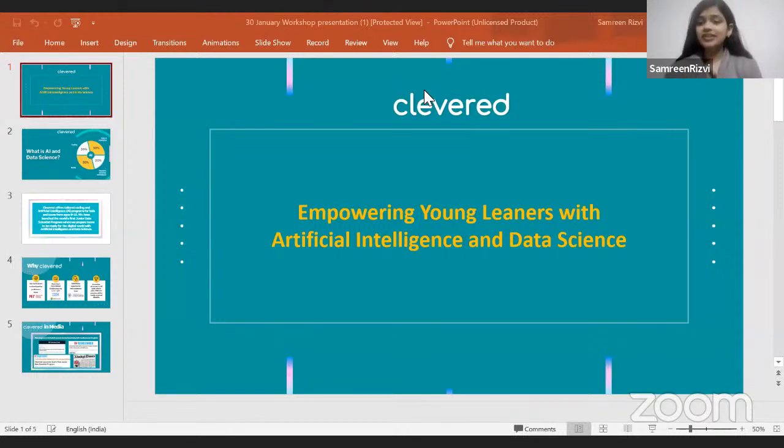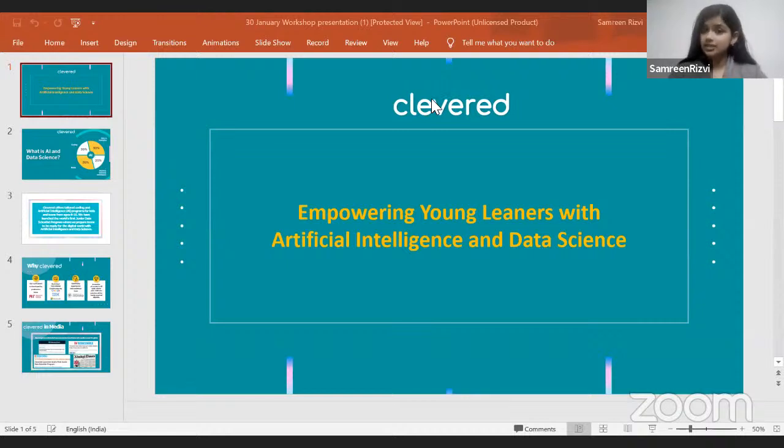So students, today we have gathered because we have the youngest data scientist of all, Siddharth, among us. My voice is breaking. Is it breaking for everyone? No, Samreen ma'am, it's clear. All right, cool. So as I was mentioning, we have all gathered here today because we have the youngest data scientist, Siddharth, among us.